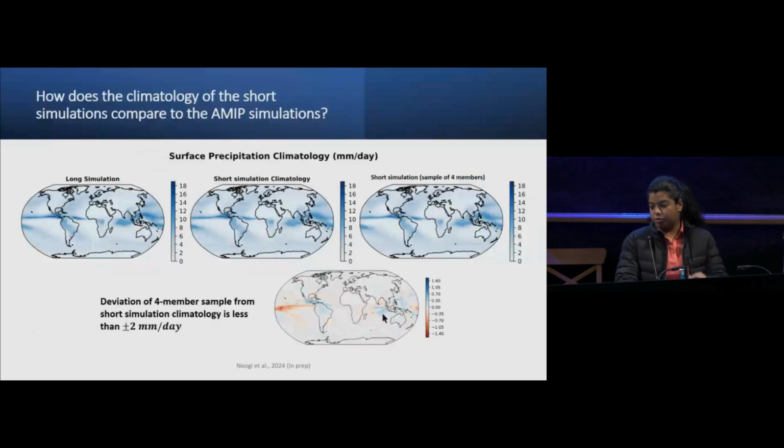I'll quickly go through this. This is just to show that the definition of climatology for our short simulations works well when comparing with the existing AMIP simulations for ACCESS. And if you also compare this with a random 4-member sample for the short simulations, you see that again the spatial patterns are pretty well captured.